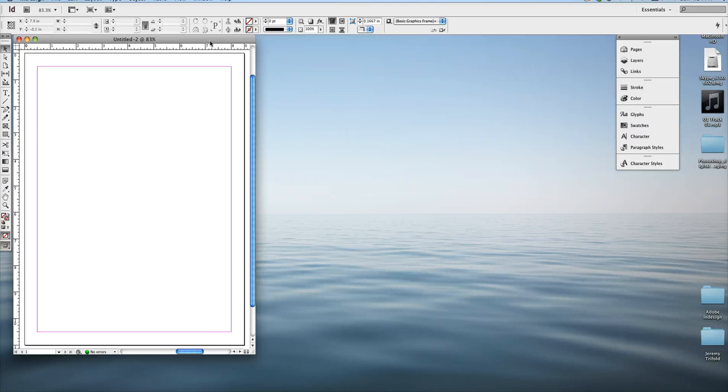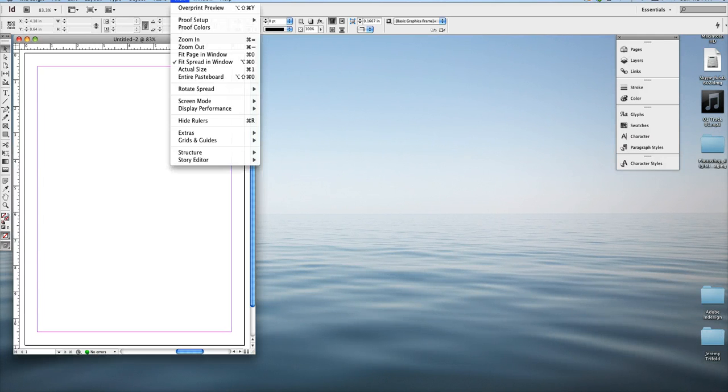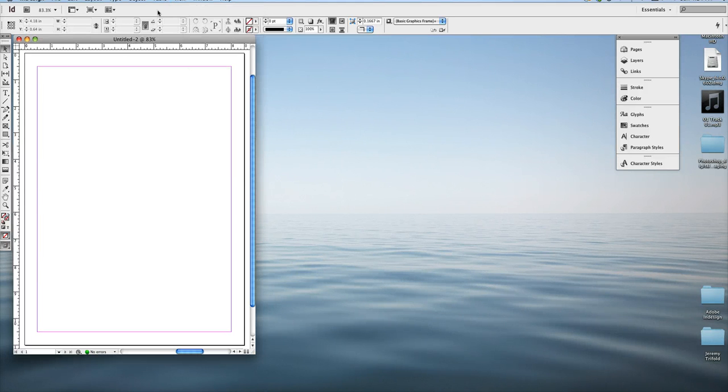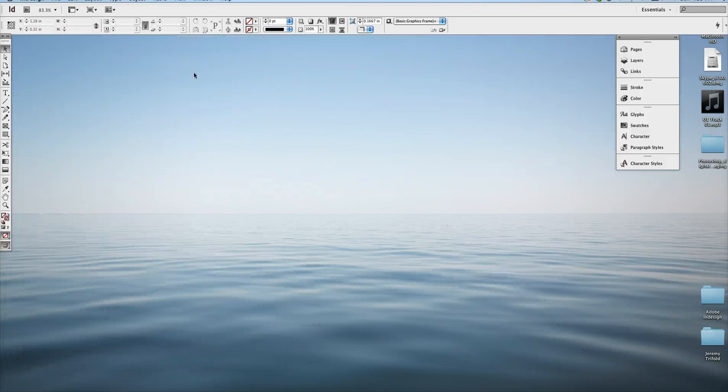I think that's worth memorizing, but if you forget, just go up to View, because it has to do with viewing these non-printable items. Well, I guess there are some things that are printable that you can show, like display performance, but we'll get into that later. For now, just remember that if you want to view your rulers, you go up to View. And then I want to show you